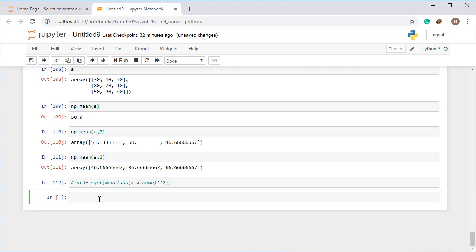So let's quickly create an array. a is equal to np.array and take a number set like this: 1, 2, 3, 4, 5, 6.